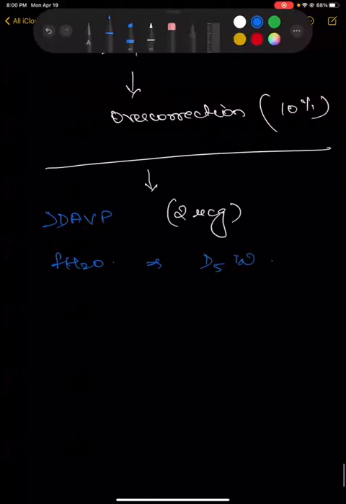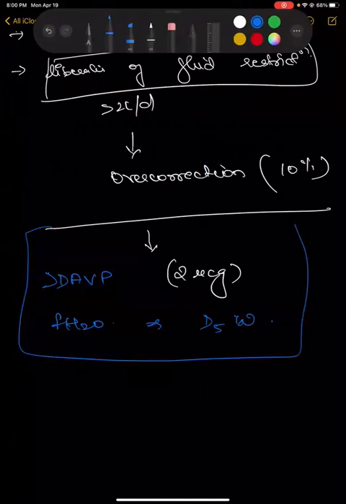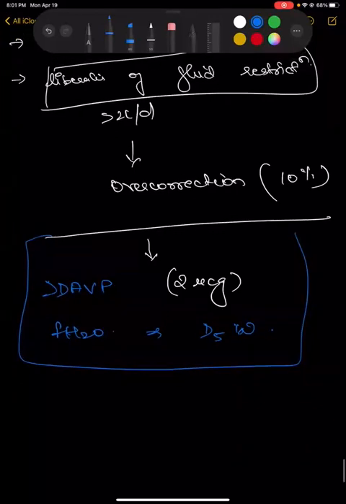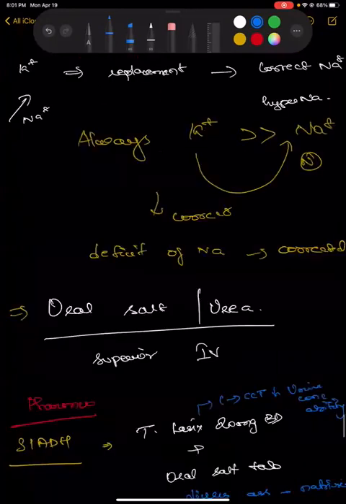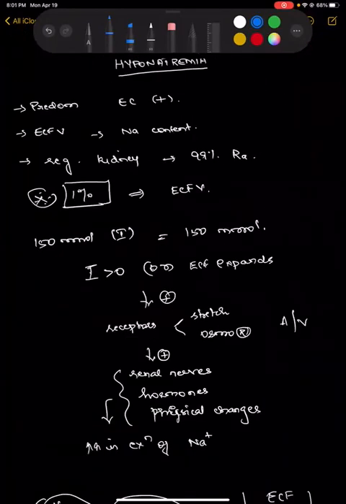It has also been found that when you use desmopressin and free water along with hyponatremia correction, the chances of osmotic demyelination syndrome are also less, because definitely you are not going to go beyond 8 or 10 millimoles if you use it along with desmopressin and free water. So that has proven to be even better. I think I have done with hyponatremia, and hypernatremia I'm not discussing today because it's already late.